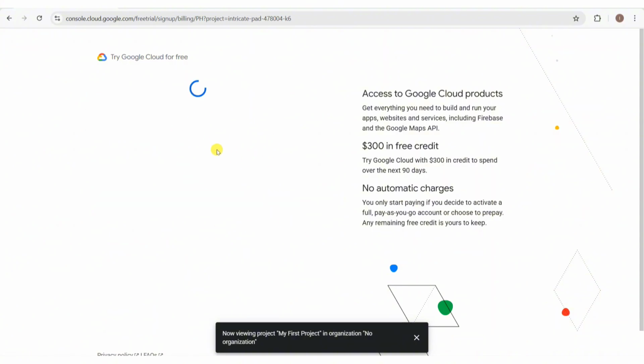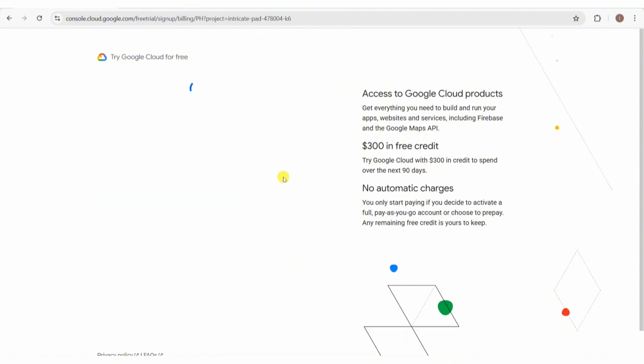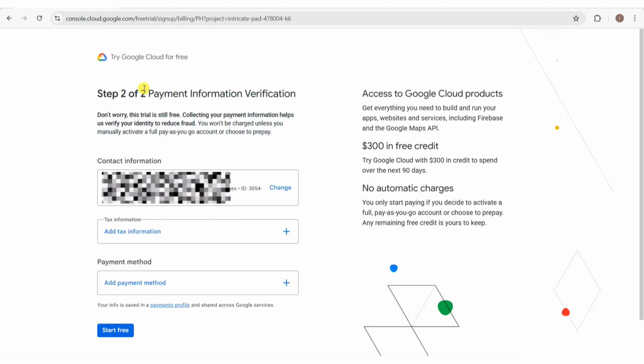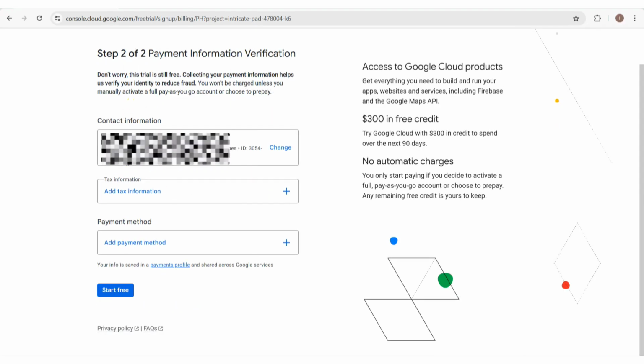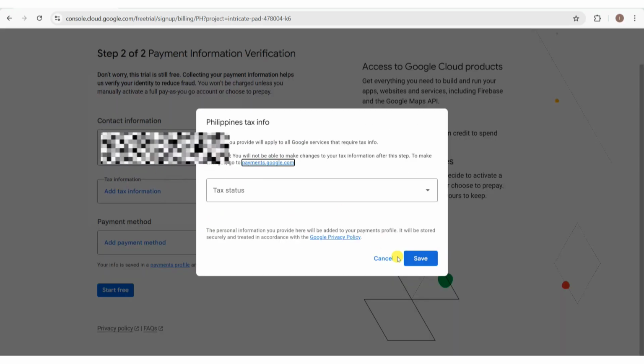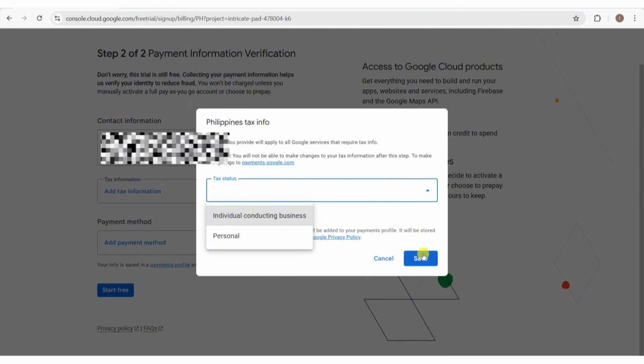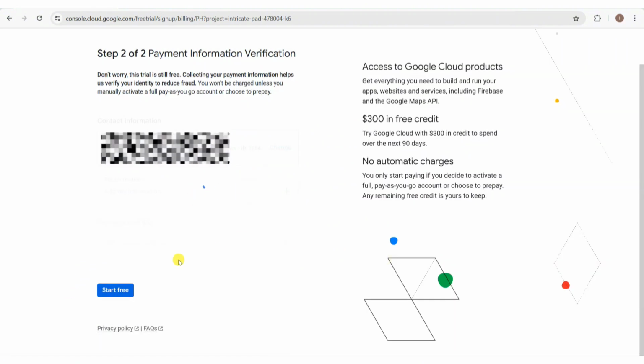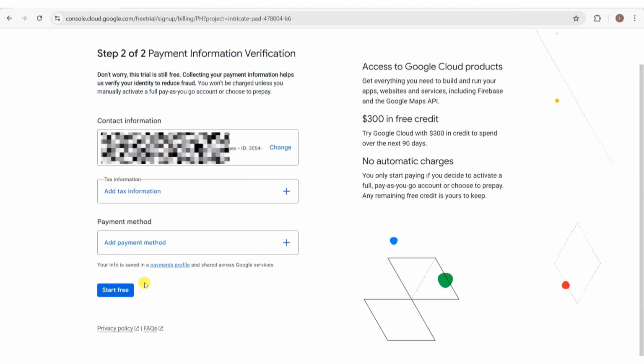And then on the next section, you'll need to go ahead and provide your payment information. So make sure that the payment information that you have on your payment method is similar with the contact information that you just filled in with Google Console. You also need to provide your tax information, such as your tax status. And then once you click on the Start for Free button, you'll be able to start using Google Cloud free